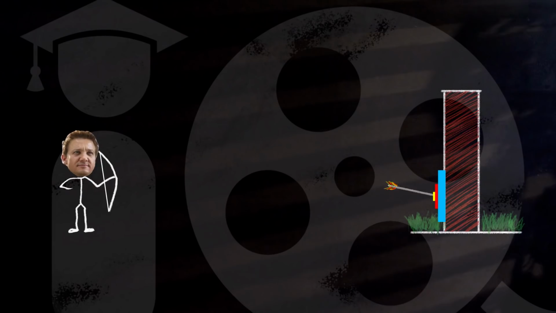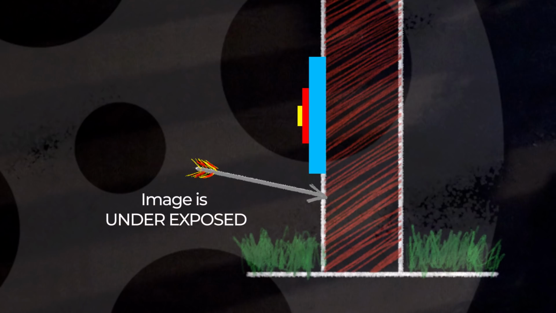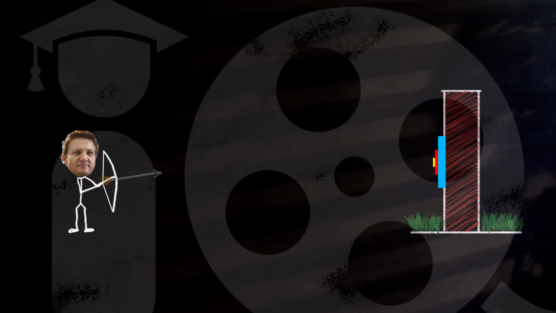Back to the arrow analogy. If we have this weak exposure arrow which lands down here among the weeds, simply lowering the ISO by just raising the target, not the arrow, will result in underexposing the image, but the arrow is still down there among the weeds. This is because ISO, as we said before, is not part of exposure. We must instead add more exposure, give Hawkeye some spinach so he can shoot the arrow higher on the wall.